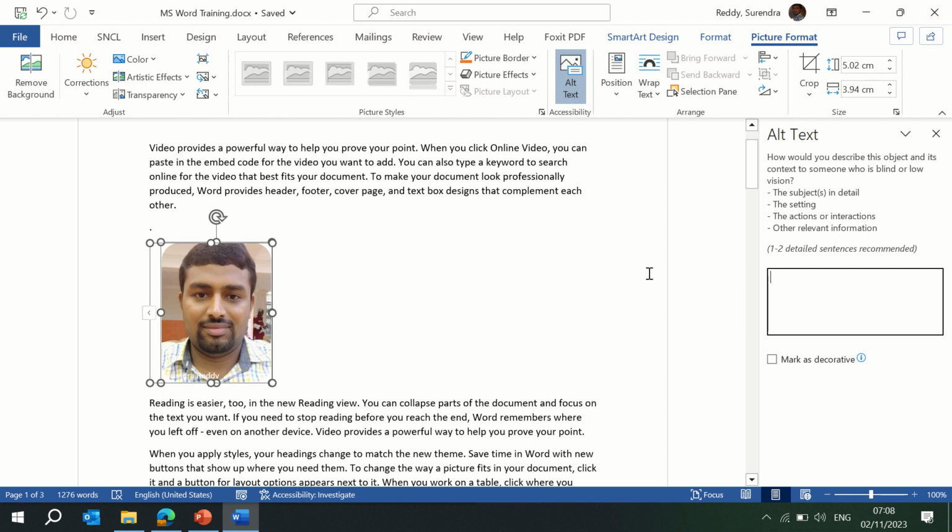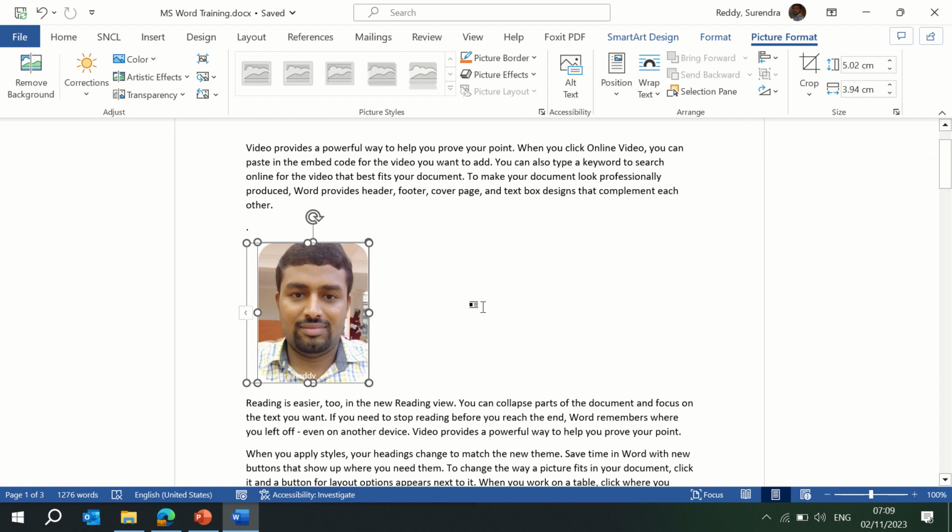Next, alt text. If you wanted to add any text, you can see here: how would you describe this object and its context to someone who is blind or low vision? So it's all about, if you wanted to explain about the pic, you can add text. Next option which we have,